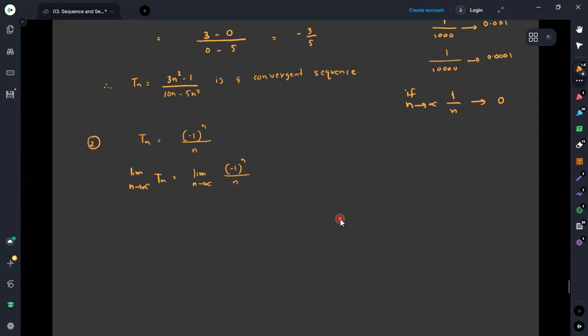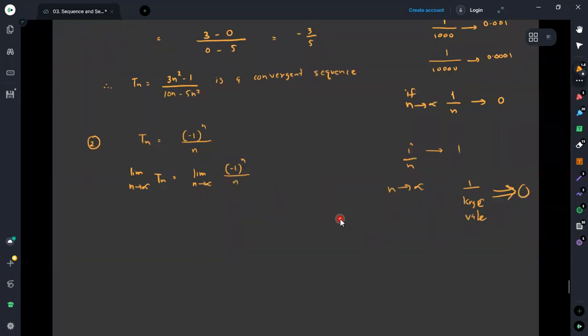Now we know that 1 to the power n, for whatever value of n, is 1. But 1 divided by infinity, we can take it as 1 to the power n divided by infinity, divided by n. If n goes to infinity, we know that it is 1 over a very large value, in the sense this becomes 0. Therefore, if it is 1 to the power n, then we have this.